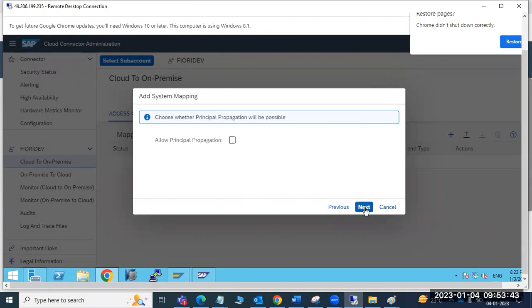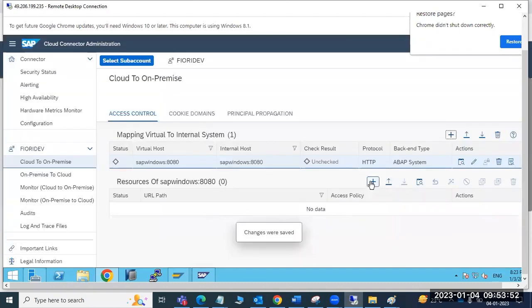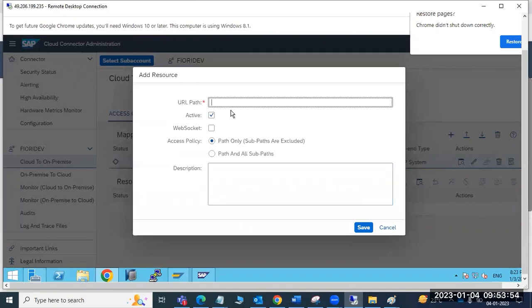Alias name, yes. So you want to use the virtual host name in the header. Yes, I don't want to expose my public host. Here you need to configure the path.